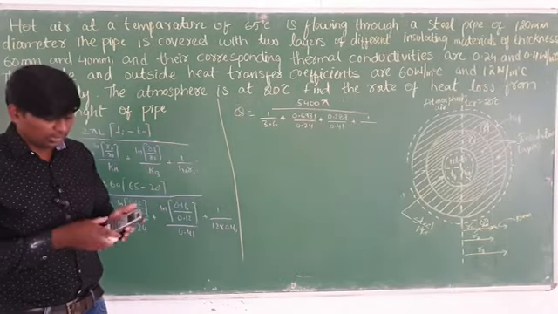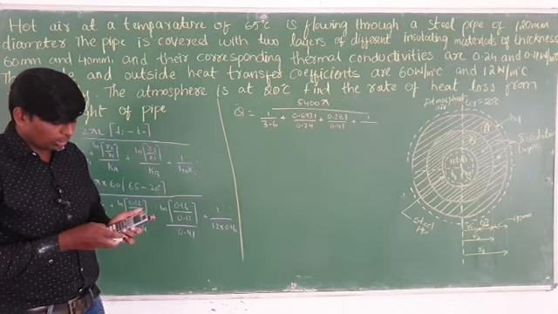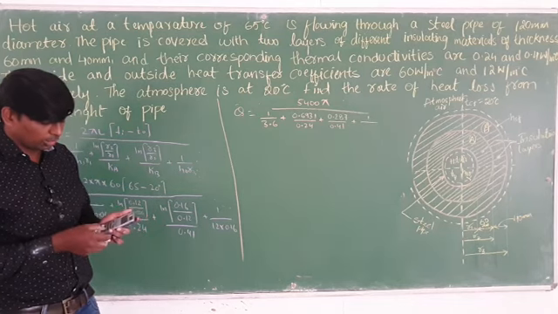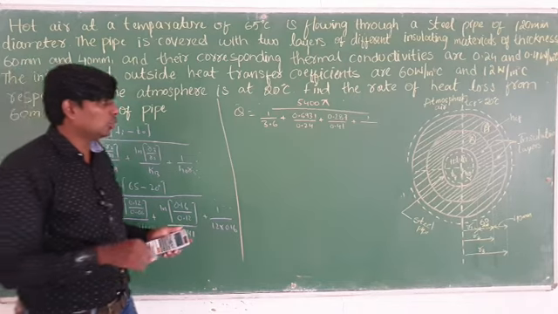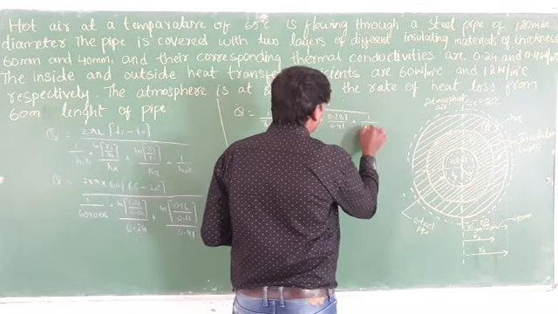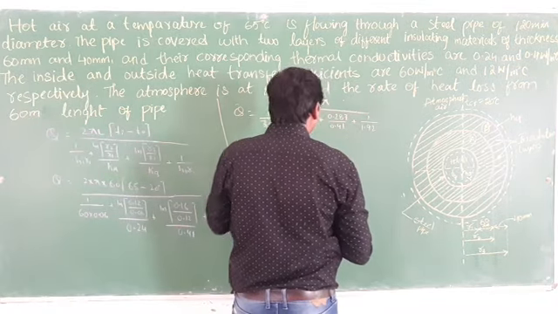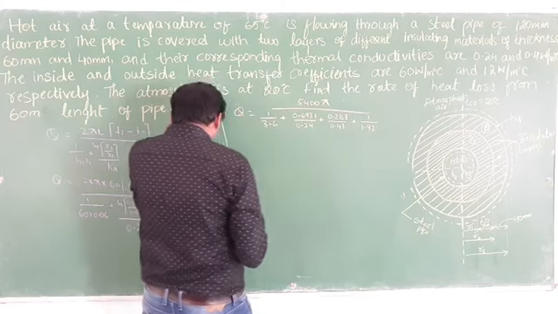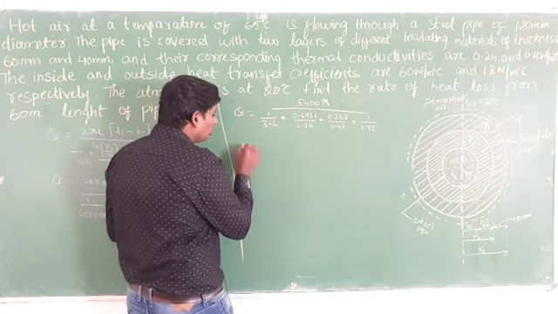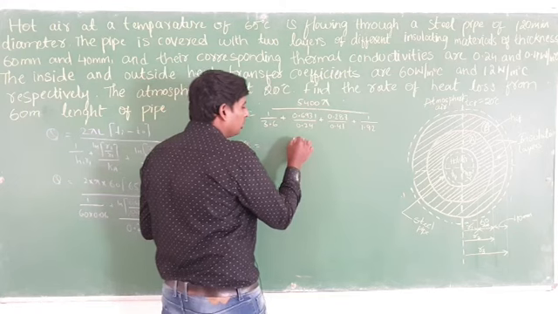12 into 0.16. So 12 into 0.16 is 1.92 here. Like this you get the value. You have to find out the value of Q. So Q is equal to, this one you write as it is,